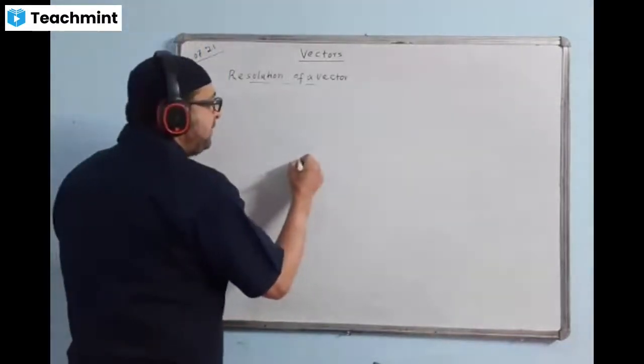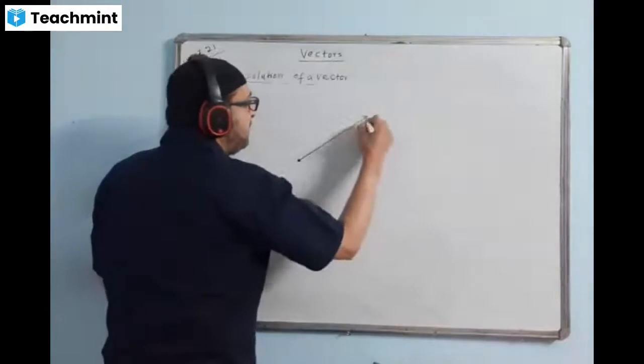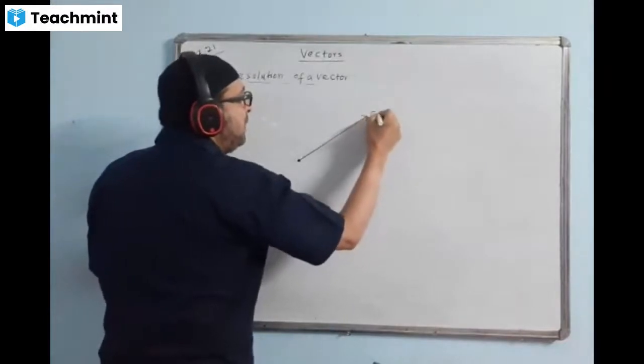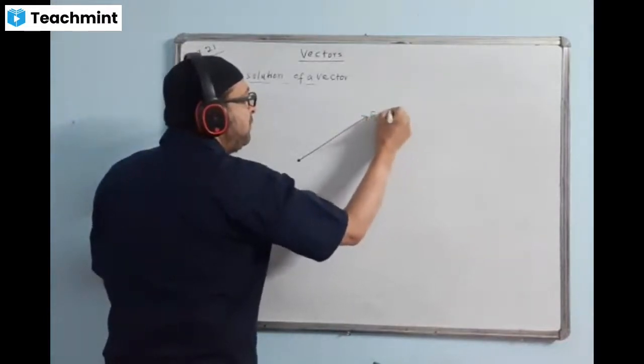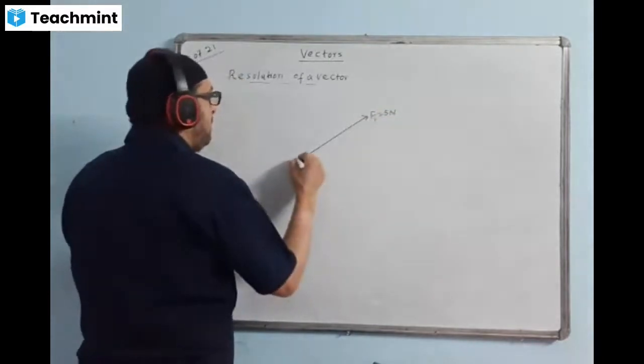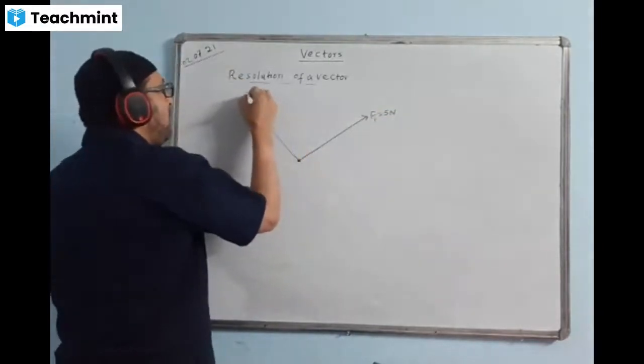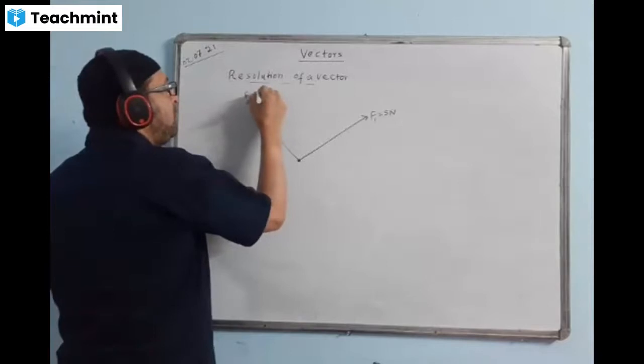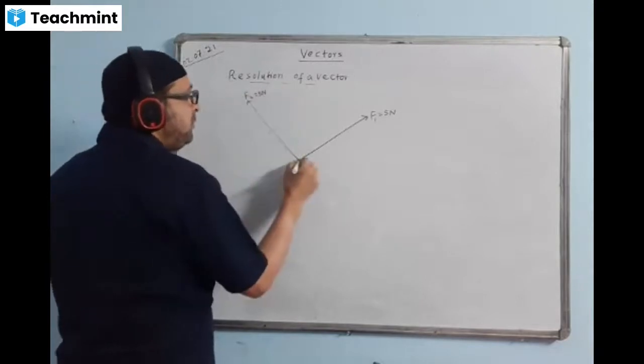Here the diagram is given. F1 is equal to 5 Newton, F2 is equal to 5 Newton,